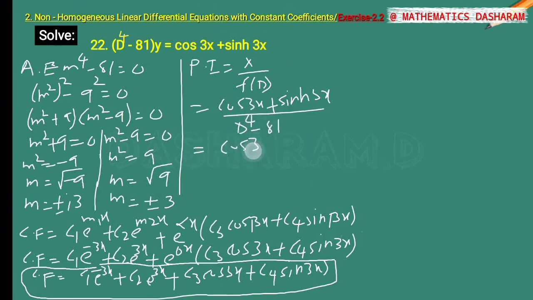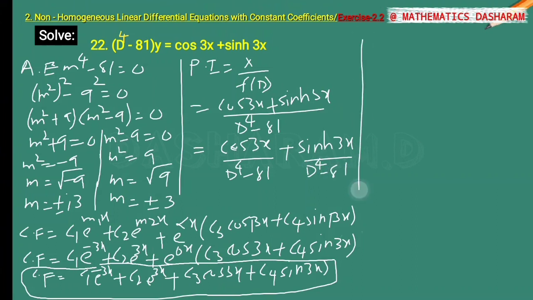Now split into two fractions, cos 3x by D to the power of 4 minus 81 plus sinh 3x divided by D to the power of 4 minus 81. Now it is equal to cos 3x divided by D to the power of 4, we can write as (D square) whole square minus 81,